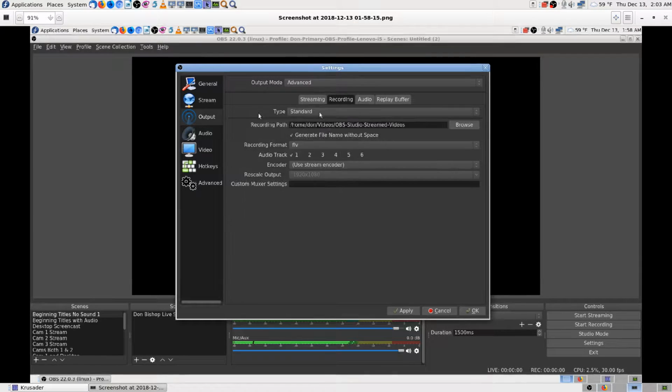from, I just kept on doing screenshots. Standard is what it was. Now, I don't know what standard is, because it doesn't say what standard is, but I do know FFmpeg works really well. And FLV, that is what the default has been for quite a long, well, I don't know how long,